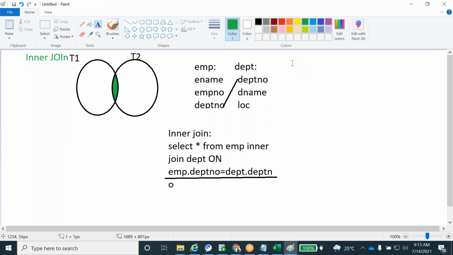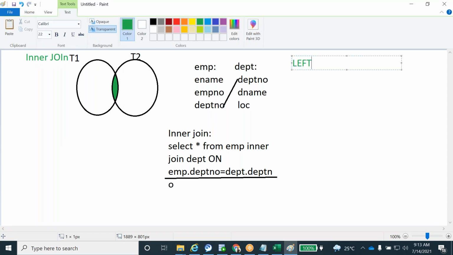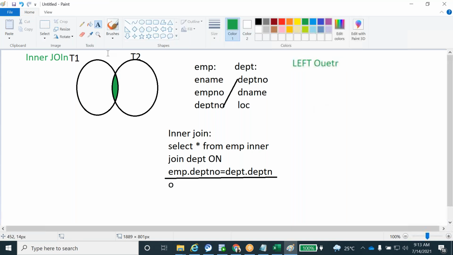While executing the left outer join, what is my output? We'll see. These are two tables, and this is one more set of two tables.